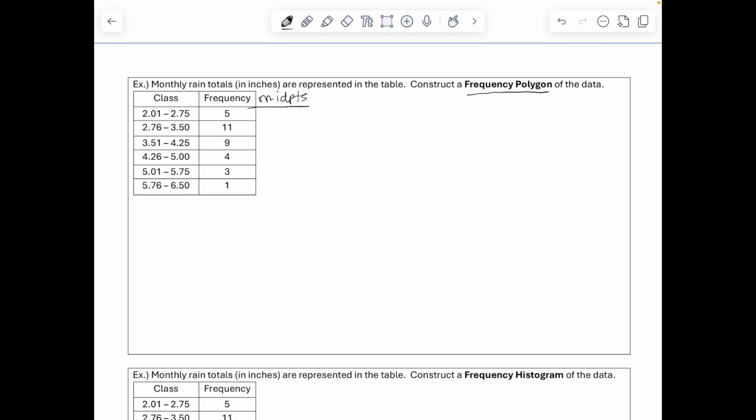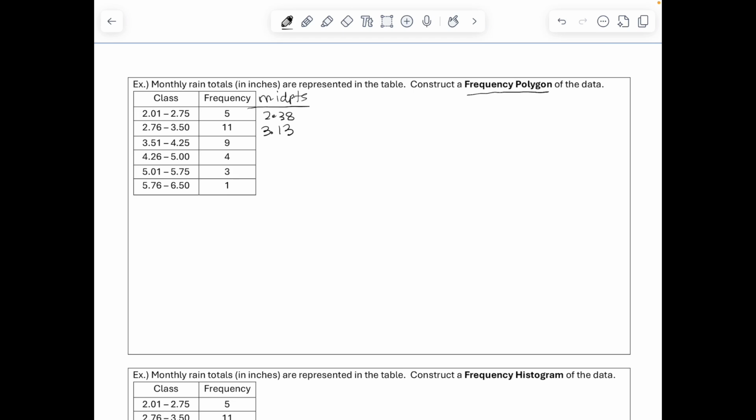So the first midpoint is going to be adding together 2.01 plus 2.75, getting a result, and then dividing that by 2. And our answer is going to be 2.38. The second class, we'd add together 2.76 plus 3.50, get a result, and then divide that by 2, and we get